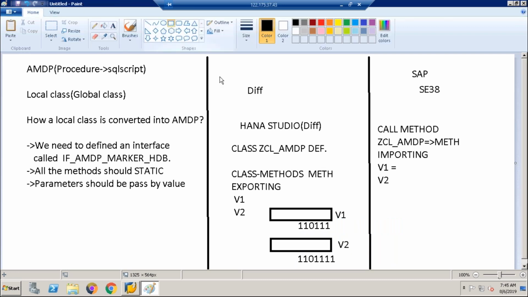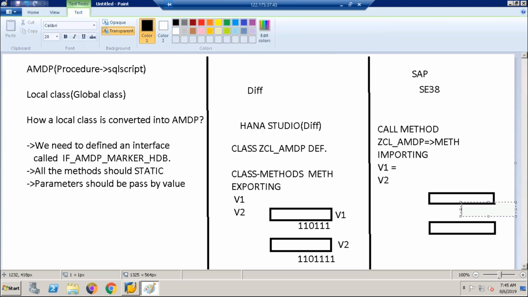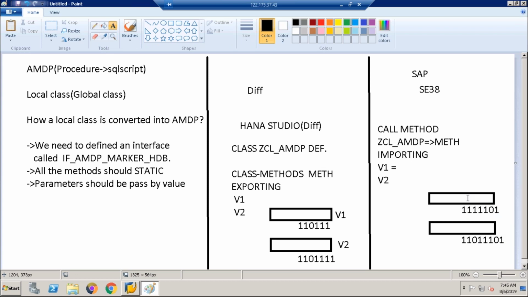But when you go for the calling part, when you consume it, the formal parameters will have a different memory location. Yes or no? They have different memory locations, because in pass by value, the systems are different, with different IP addresses. So always work with pass by value only, guys, not pass by reference.